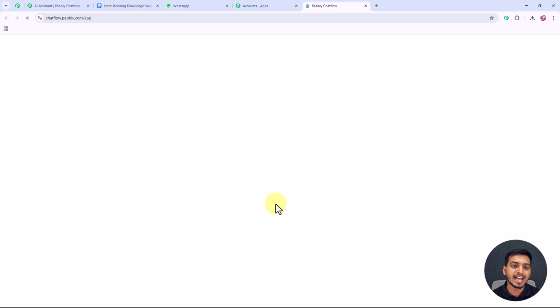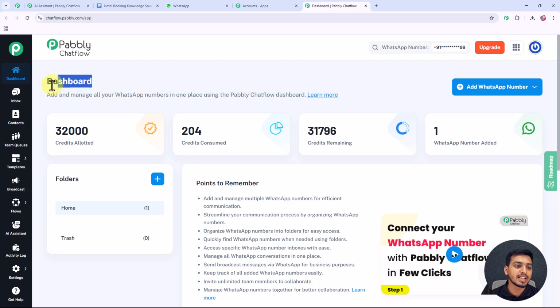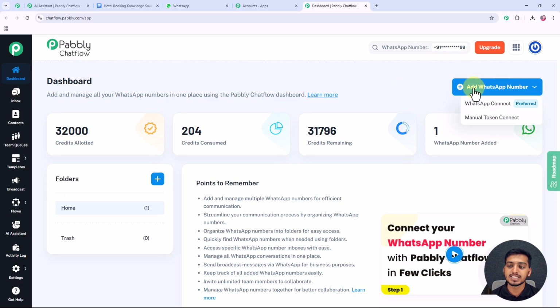And after that I will land on this dashboard of Pabbly Chatflow. And when you are inside this dashboard, the first thing that you have to do is add your WhatsApp number inside Pabbly Chatflow. If you want to add your WhatsApp number, then you just have to click on this add WhatsApp number